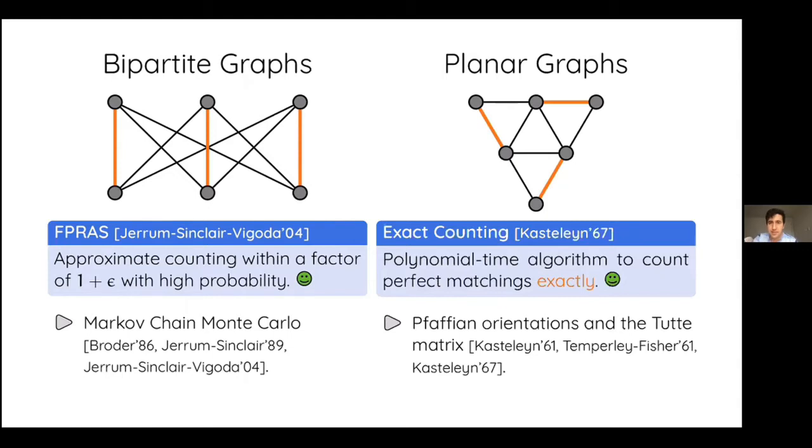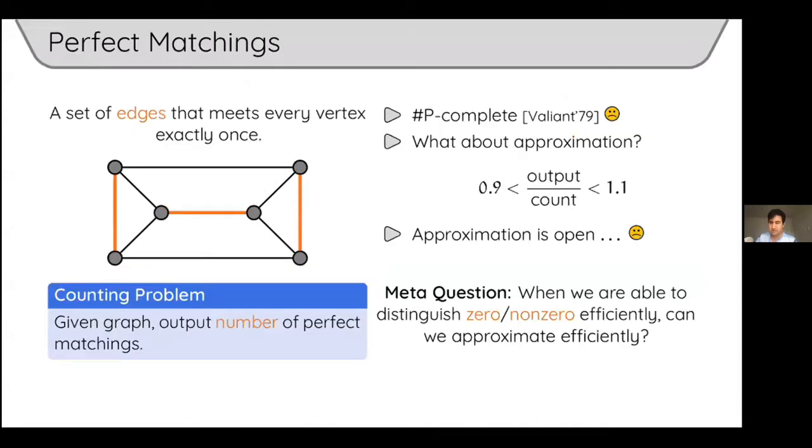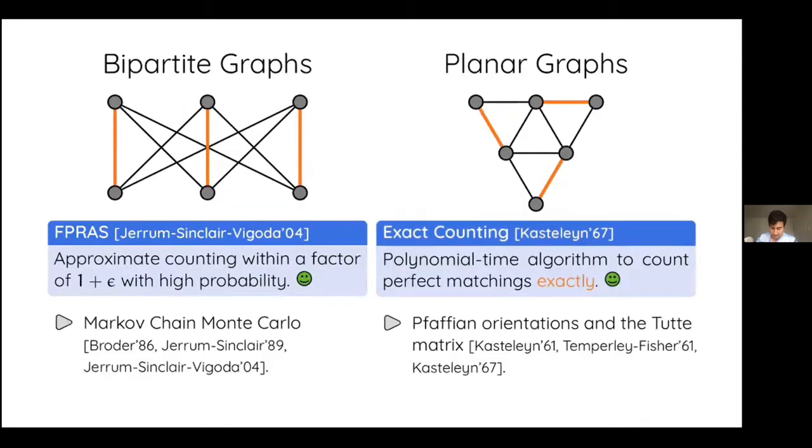I saw that Nima, Devavrat had a question for you. So exact counting in bipartite graphs is NP-hard. Is that right? Yes. In fact, this earlier result by Valiant showed this for bipartite graphs. So the bipartite case is actually a very important case because the number of perfect matchings in bipartite graphs is related to this quantity called the permanent of a matrix, which is of interest in many places.